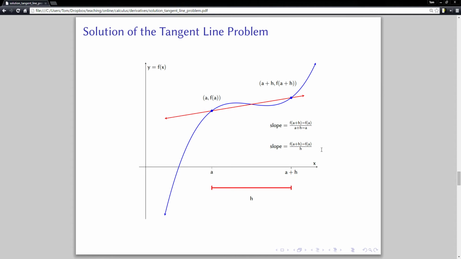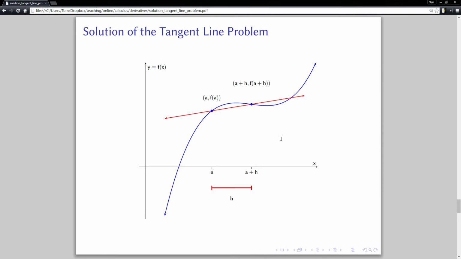But you're probably thinking, okay, fine, I see you have 2 points and you can use the slope formula to calculate it, but how does this line give us the slope of the tangent line? It's not the tangent line, it's totally different from the tangent line. And so the key to that is to think about making h not big like we have it here, but smaller and smaller. And so that's what we're going to do next. In the next picture, I'm going to make h a little bit smaller. And you can see here the line is maybe a little bit closer to what the tangent line would look like. And then I'm going to make h a little bit smaller,